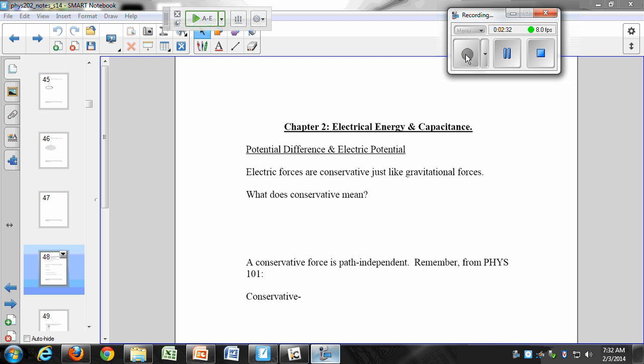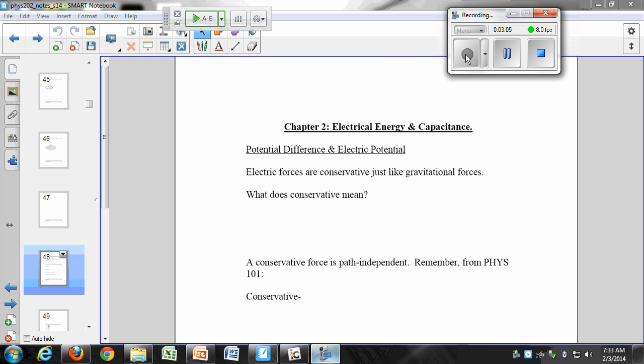Okay. All right, let's get started on electrical energy. We're going to be dealing with potential, but potential is really just a measure of energy. So you remember how we had fields? Do you remember how we defined what fields were? They were what per what? Something per unit charge. They were a way of describing the electric force. Right. So fields are just a way to measure or to describe the electrical force. And in a similar way, potential is going to be a way to describe the electrical energy.